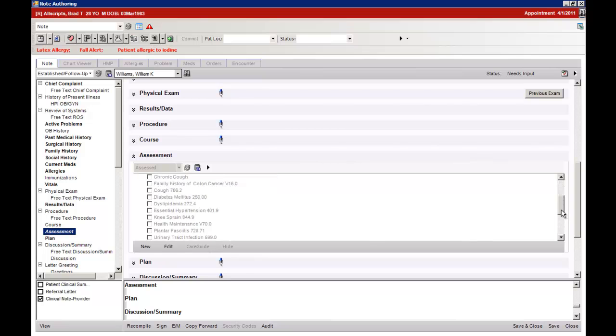In this case, we're going to use urinary tract infection. By checking the box, it will move it from the unassessed to the assessed. This is a critical step in linking the prescription to the diagnosis of urinary tract infection. Once this task has been completed, you can go to Plan,